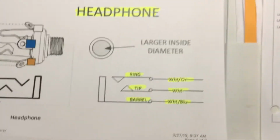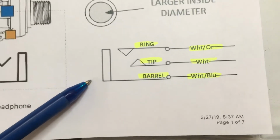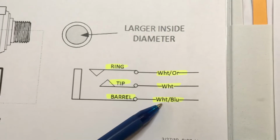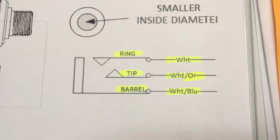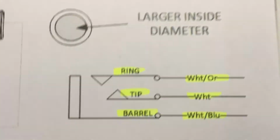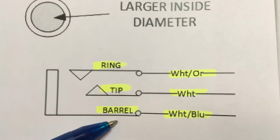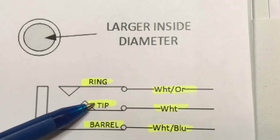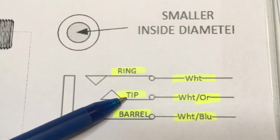It's just a trick of making sure that you understand what is the ring and the barrel and the tip, and getting these all right. So it kind of flip-flops. This is the headphone that we're looking at here. It's white blue on the barrel, and if you look up here, no, wait a minute, what am I seeing wrong here? Yeah, the barrel is the same. They're all the blue wire or blue white wire, but then the tip and the ring are flip-flops. So here on the headphone, the tip is white, and then up here the tip is the white orange